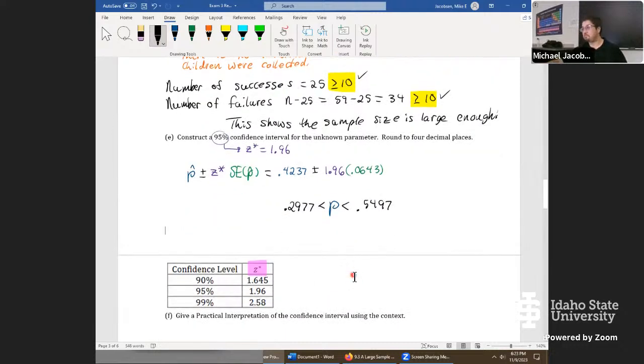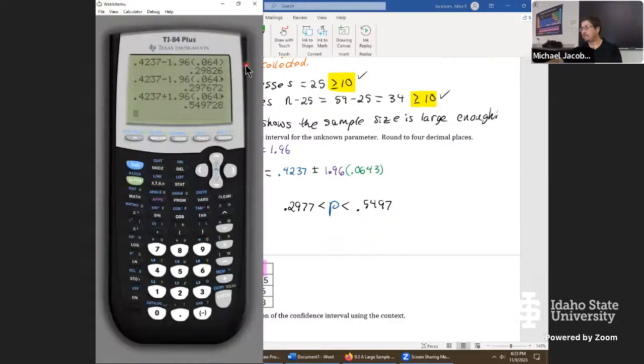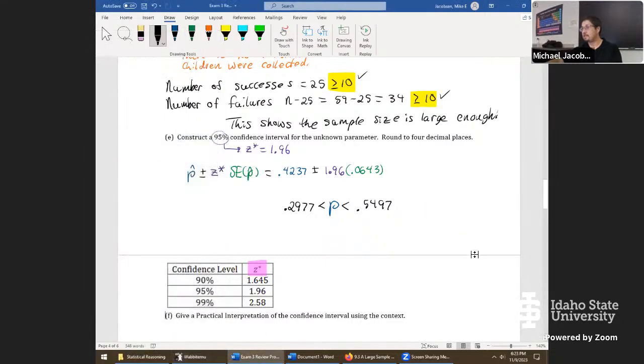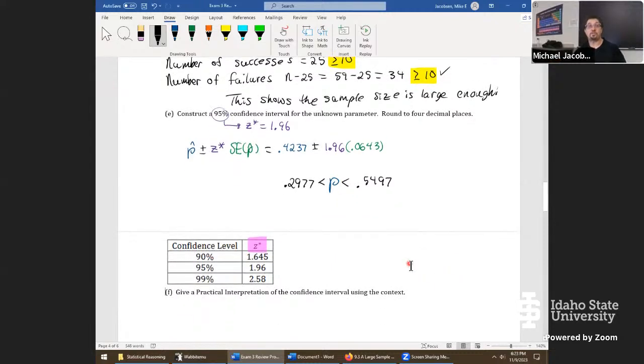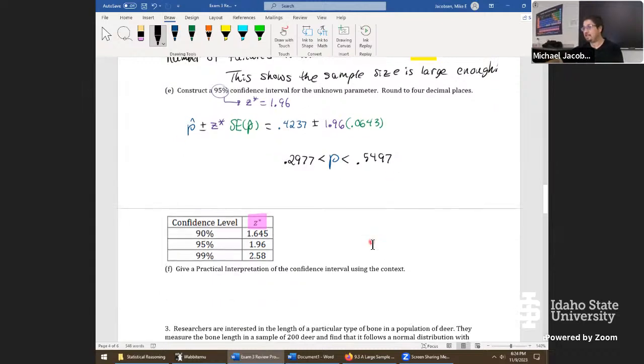Well, that's the full confidence interval. All that's left to do is to give the practical interpretation. Let me get that calculator fixed. Any questions so far, folks, to this stage? Okay, does it feel pretty familiar at this point? Awesome, I'm glad to hear that. It again should kind of feel like doing the 1.5 IQR rule of thumb. The formula is totally different, but the kinds of things you do are highly, highly similar.